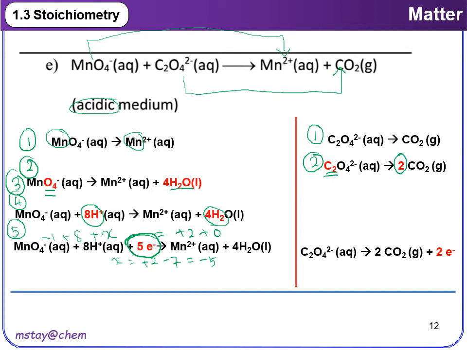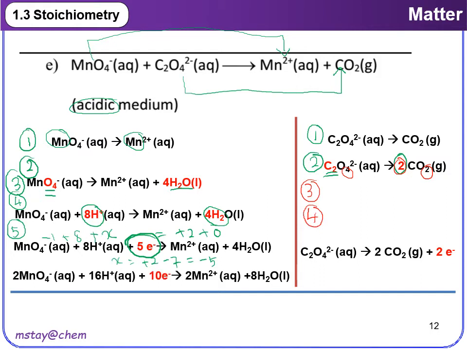Step number 3, we have to balance oxygen. When we check the oxygen, 2 times 2 equals 4, and here is 4. So that means we can skip step 3. There is no hydrogen, so we also can skip step 4. Then now we go to step number 5, where negative 2 equals 0 plus